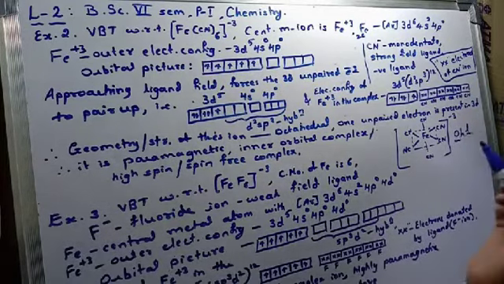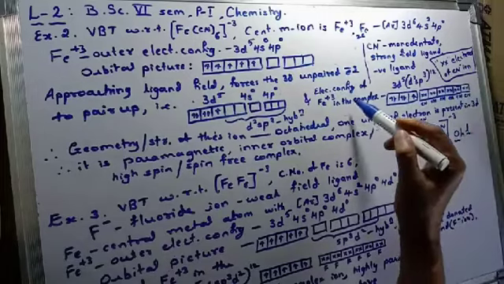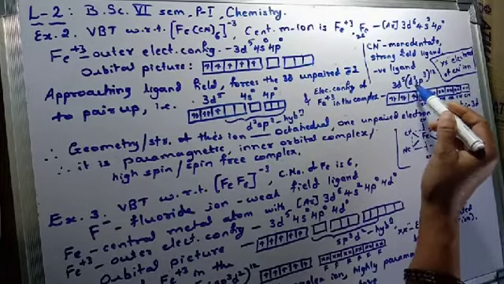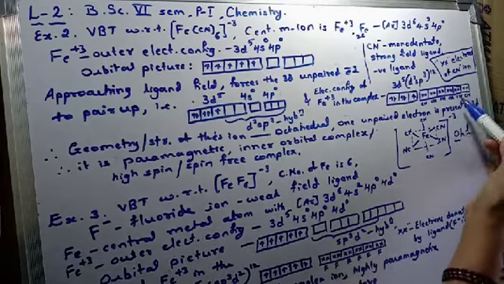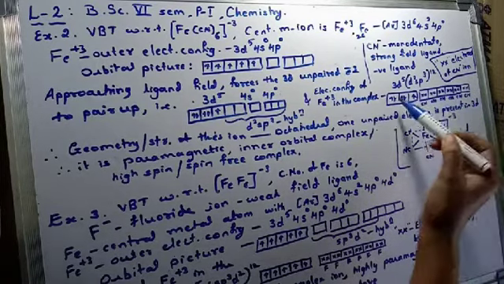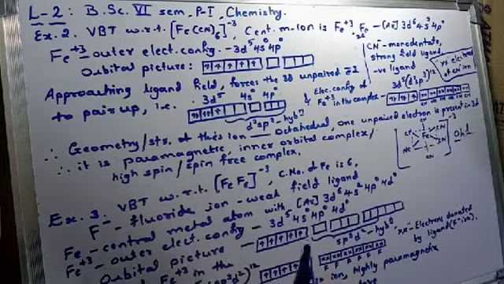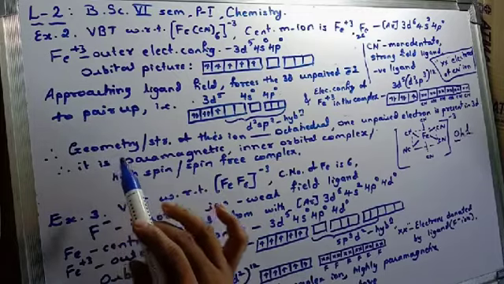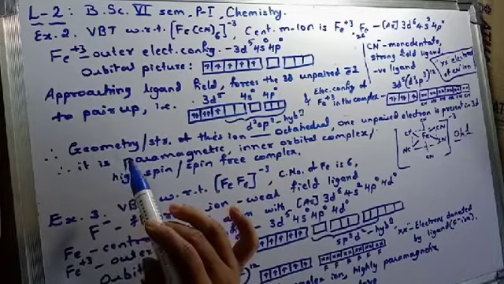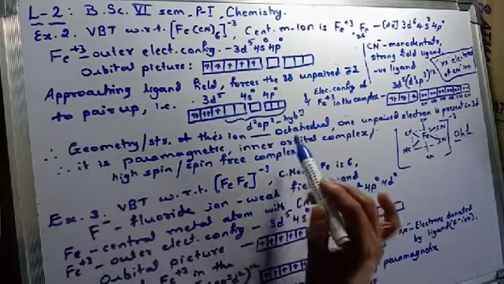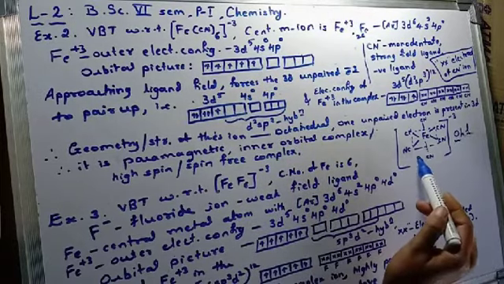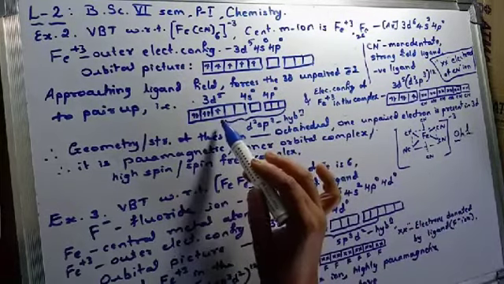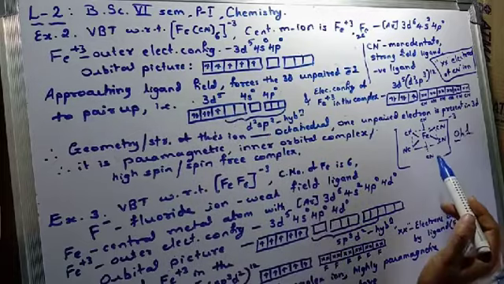6 orbitals, and therefore the configuration is 3d5 d2sp3 raised to 12, because there are 6 cyanide ions. Okay, and now this will be the electronic configuration. Now as per the geometry of the molecule, it is octahedral in structure. This is the octahedral picture, and one unpaired electron is present in the d orbital, hence it is paramagnetic